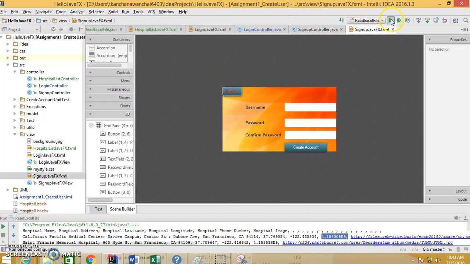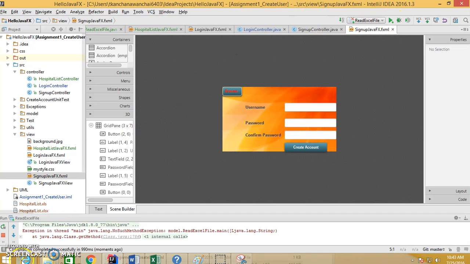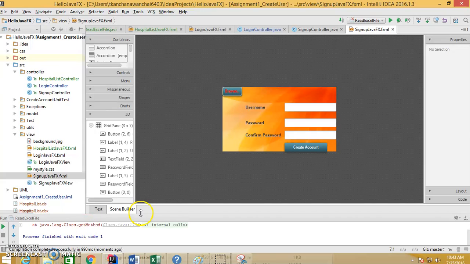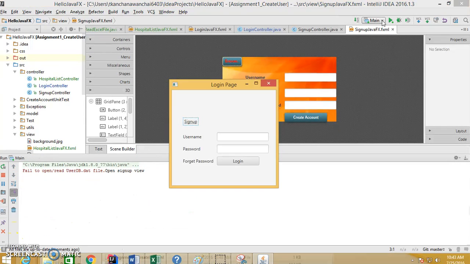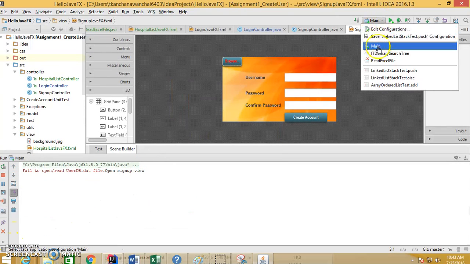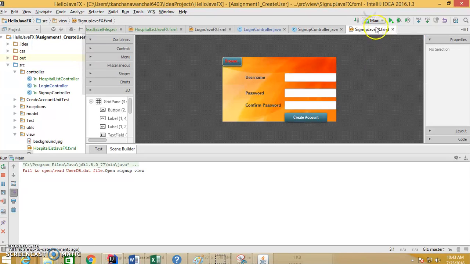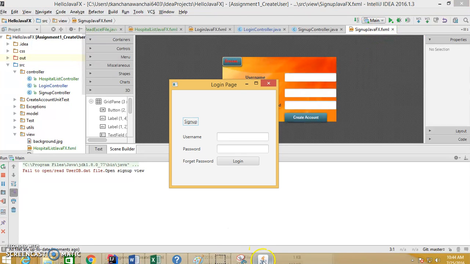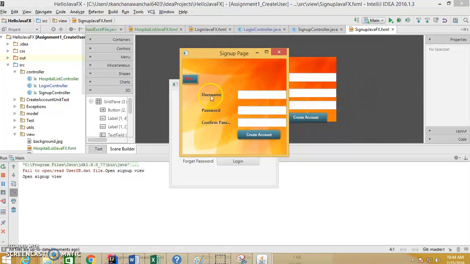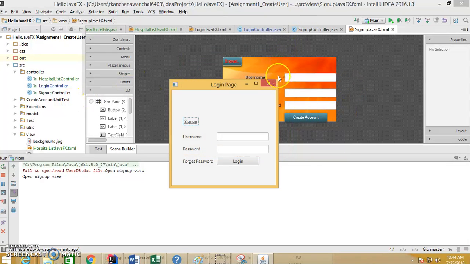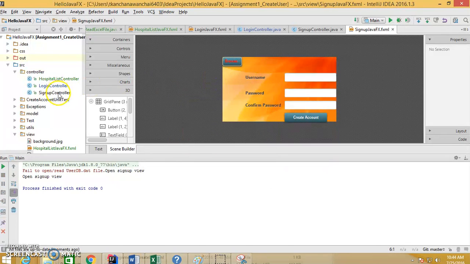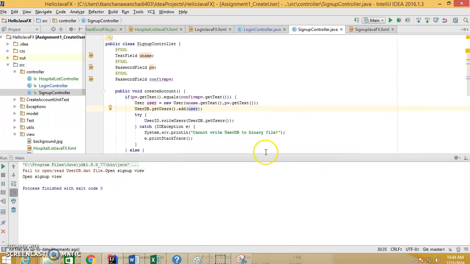So let me rerun this application. So make sure you switch to the main. If you have an existing one, it's not going to work. So once I switch to main and run it, this should be the same principle, like click sign up and pop up the sign up page. So let's review the code on that part. So SAP controller,